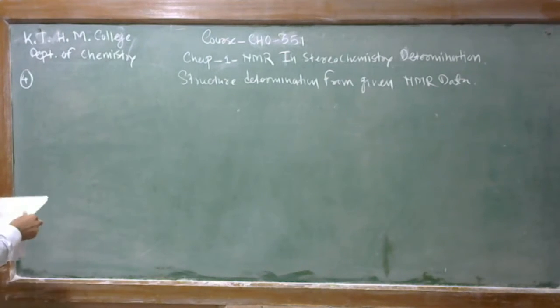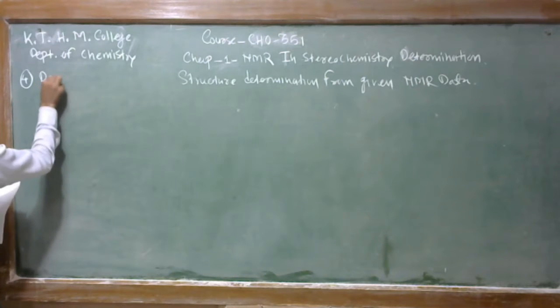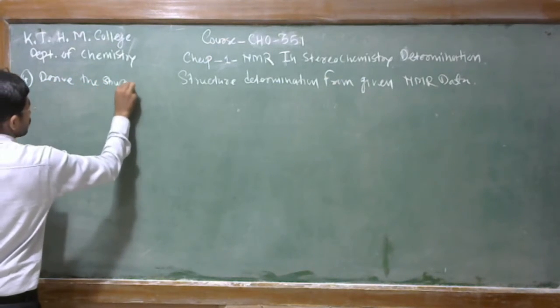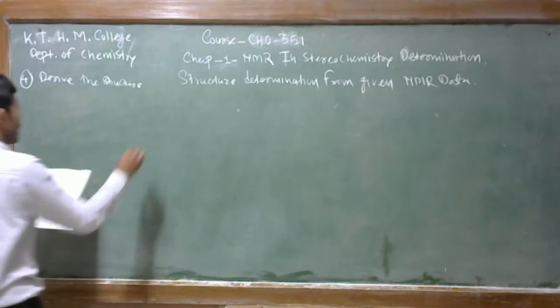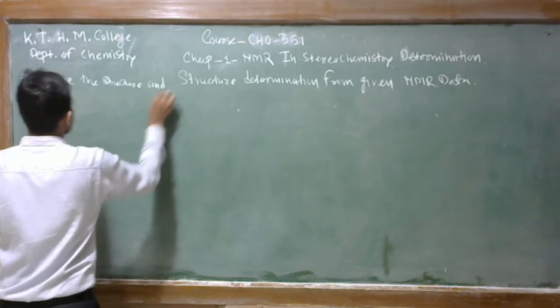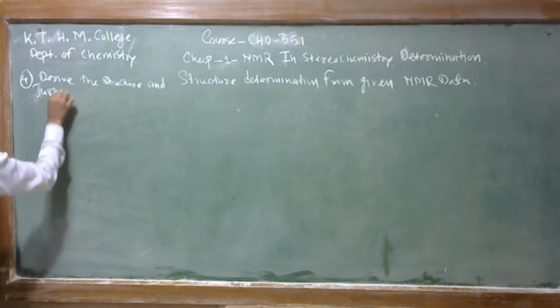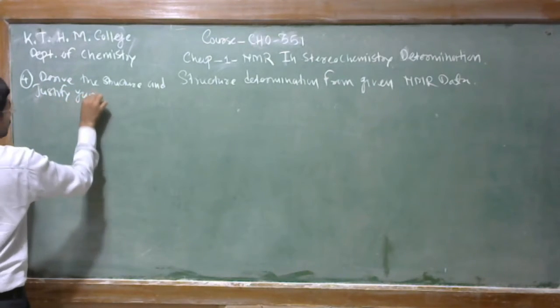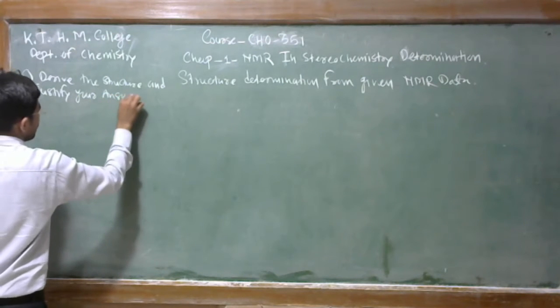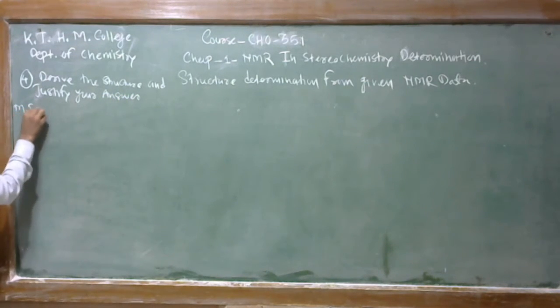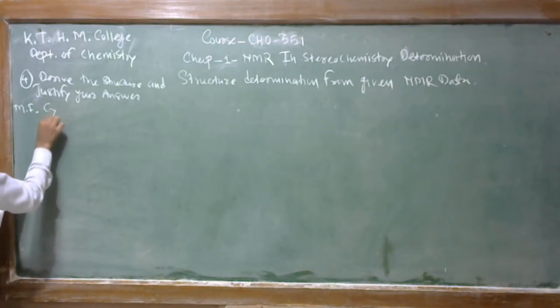So question is like this: derive the structure and justify your answer. So question is like this is given. So after that, molecule formula